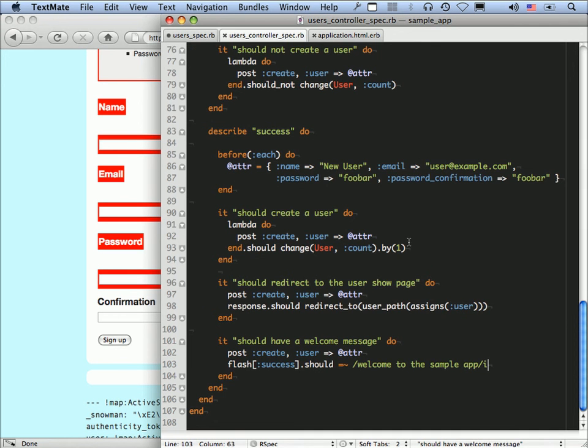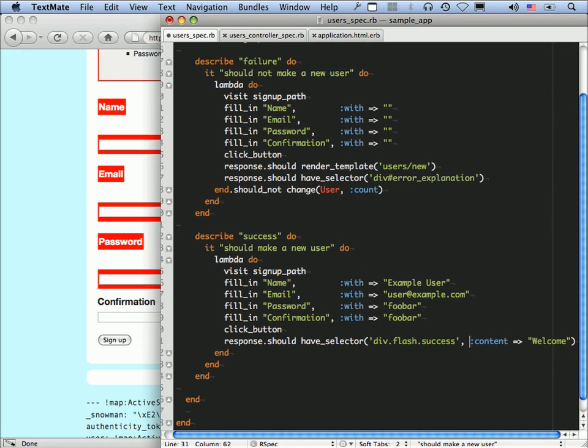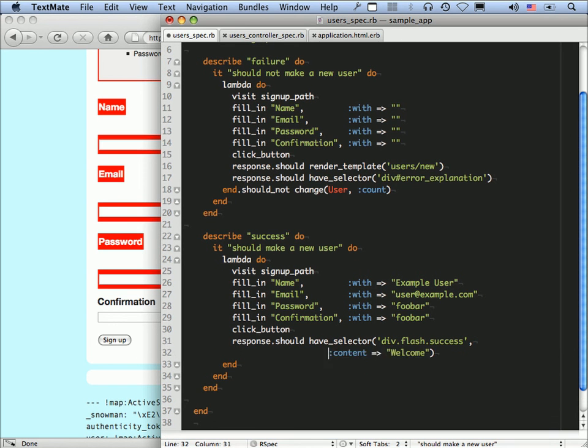And just as we did div hash for an ID, this is for the class. This is inspired by the CSS syntax. And we can even say what the content should be. Remember that content will match any substring, so we're just going to do welcome there. And now I'm going to say